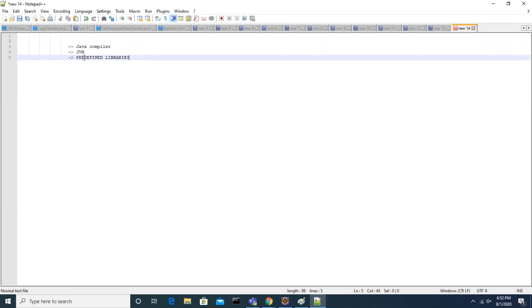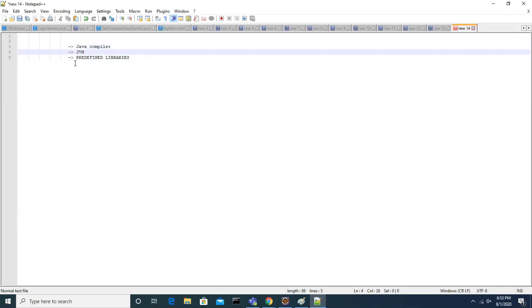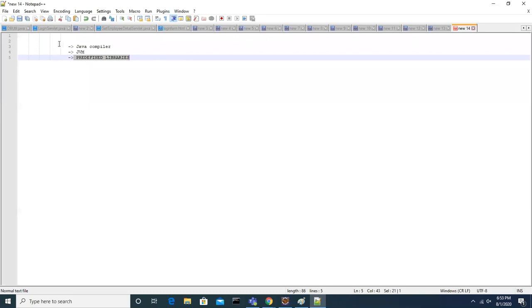So version to version, what changes is that new features are added to the compiler, JVM, and predefined libraries.